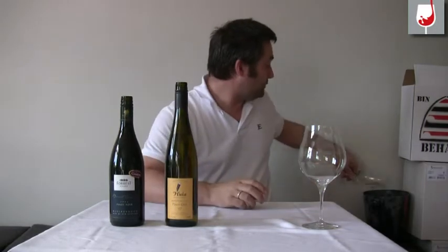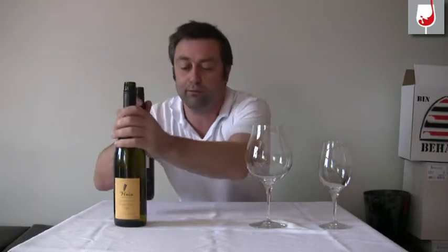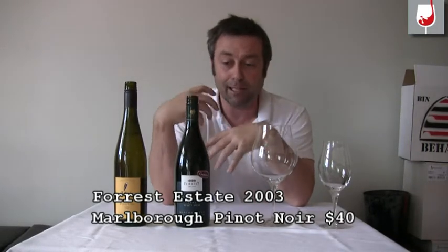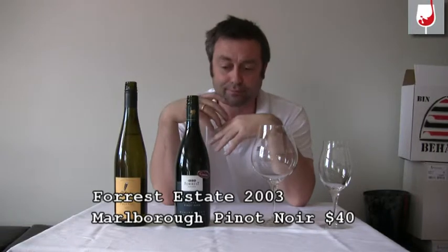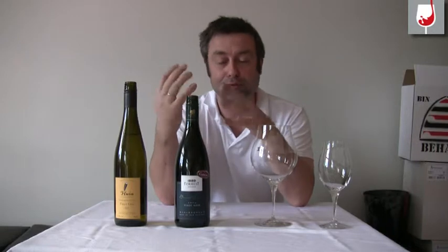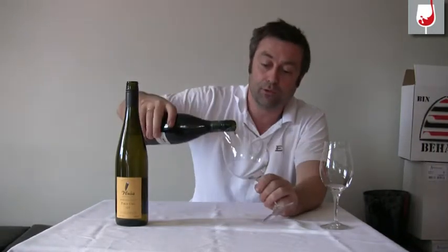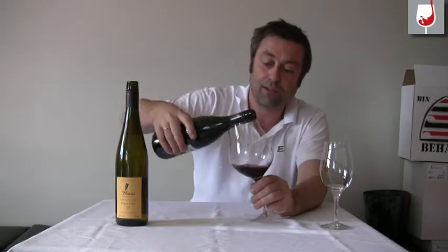Right, now Forrest make a whole array of wines, and they make one really funny white, and it's kind of 5 grape varietals, and I think it's called the Collection, and that's a white wine. And for me it's quite interesting, but it's not my thing. The Pinot Noir is all Marlborough fruit, and this is the 03,